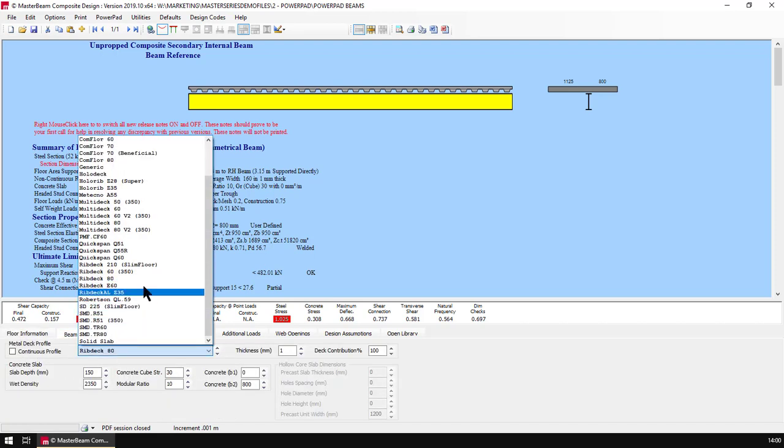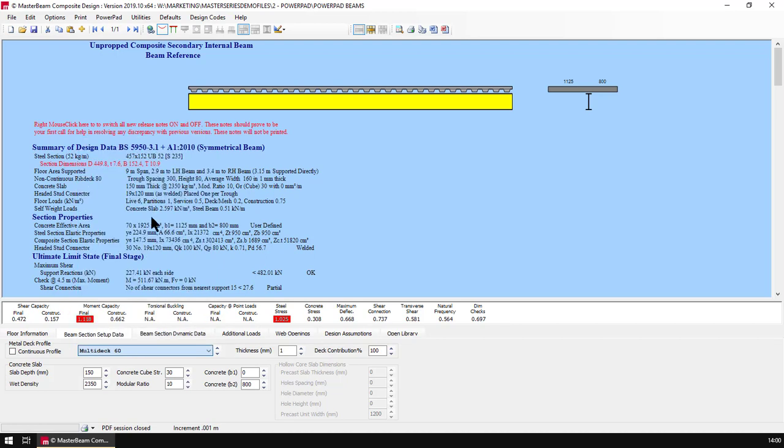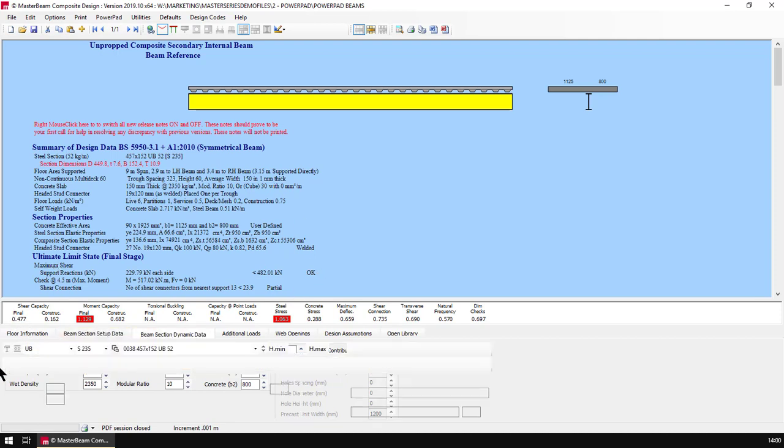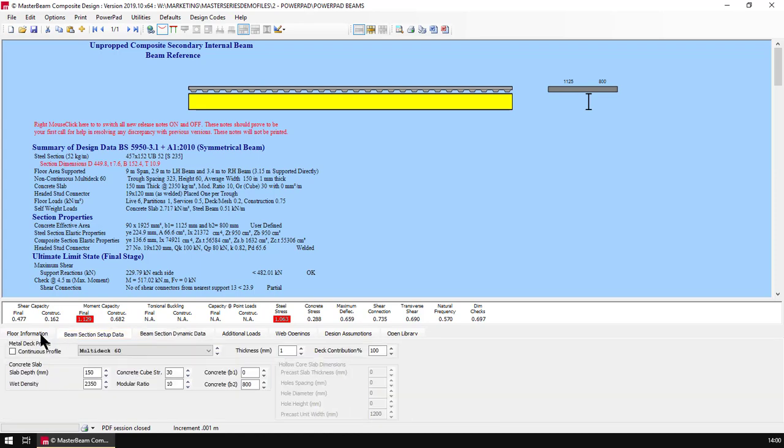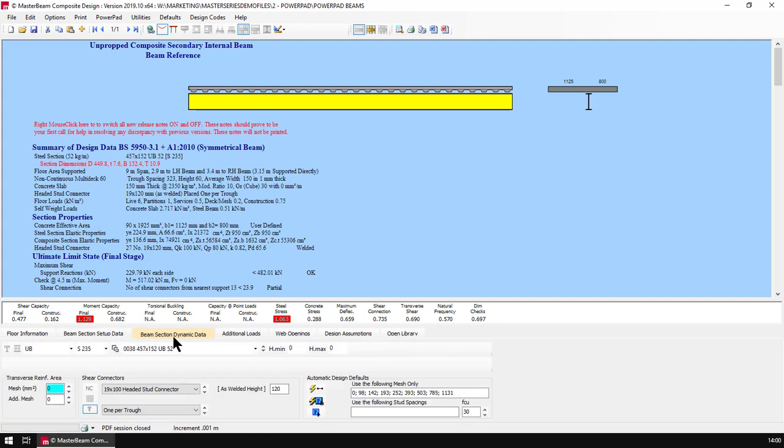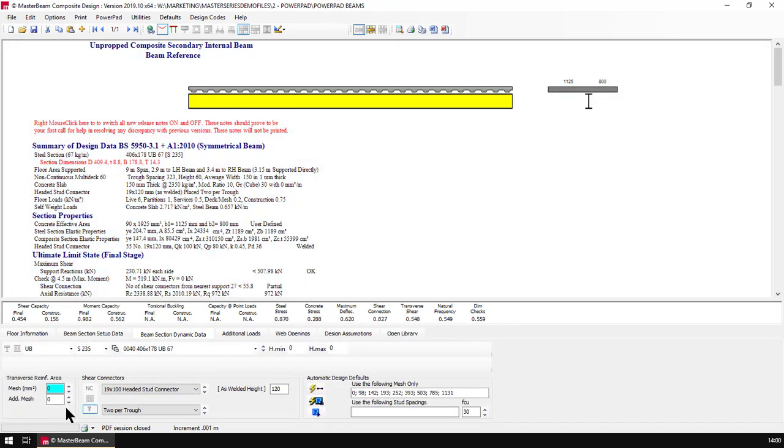so we want to look, what are we using deck wise? I'm going to go for multi-deck 60. I'm going to go for a 150 slab, that's good. And then I'm just going to say auto size it and see what we come up with, and we're finding for this a 406, 178, 67 is the shallowest beam that will work with 2 studs